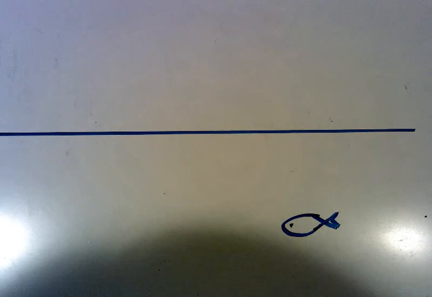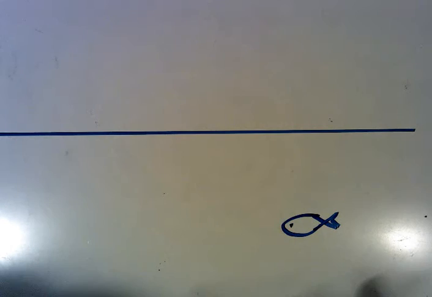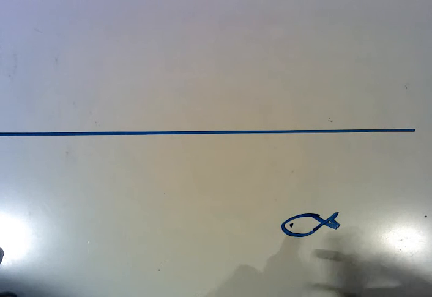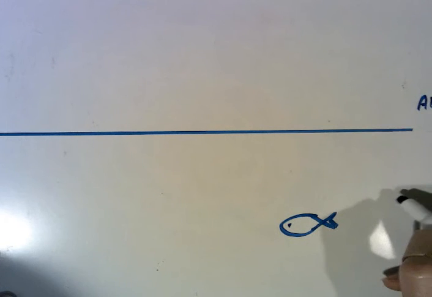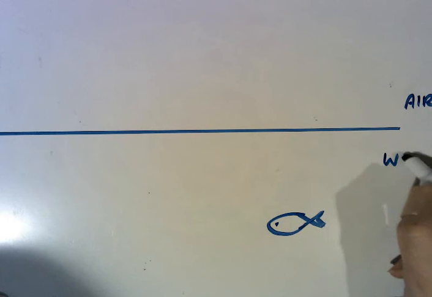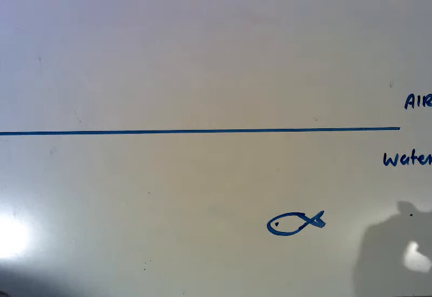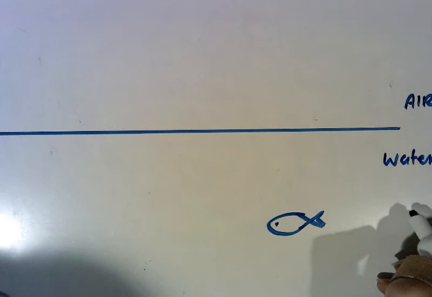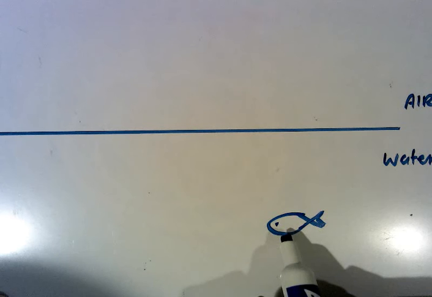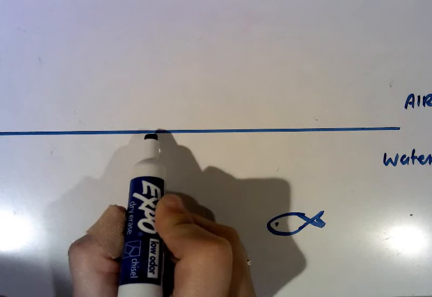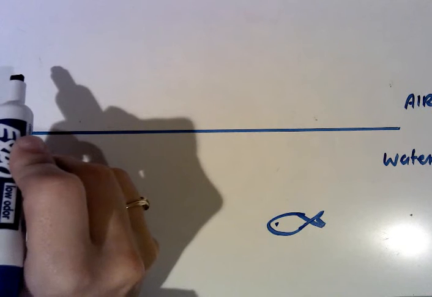Okay, so in this little video, we're just going to look at the application of refraction, where we're looking at the fish underwater. So we've got air up here and our fish is in the water. Now the first thing to remember with this is that your water is going to be more optically dense than the air. Okay, so in this case the light is going to be coming from our fish from a more optically dense medium up to the surface of the water and then into the air, into a less optically dense